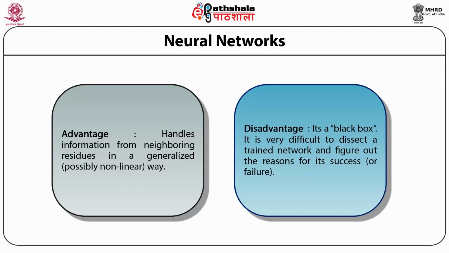Now, if I have a trained neural network which is predicting, let's say, helices perfectly every time, I would like to know what rules it sees actually. That would help my science. Unfortunately, dissecting out a neural network and finding out what rules it has actually seen is a very difficult task. So it's used more like a black box. Even if it works correctly, we do not know why it works correctly. And similarly, when it doesn't work correctly, we are not very sure why it didn't work correctly. So that is a little bit of a problem.